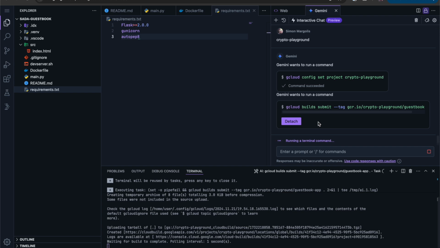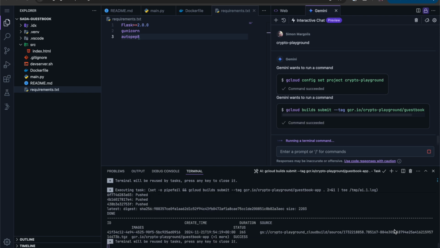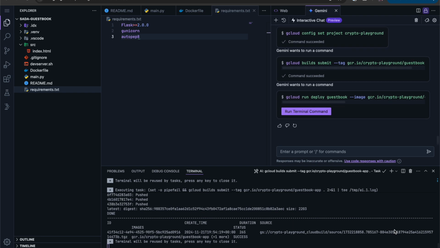We've gone from a place of we described our application. We told it to ask us questions to get better understanding of what it is that we wanted to build. We've answered those questions. It's gone off. It's built our back end. And now it's working. It built our front end and now is working on deploying to Google's Cloud Run environment. It's doing all that kind of on its own, and it looks like